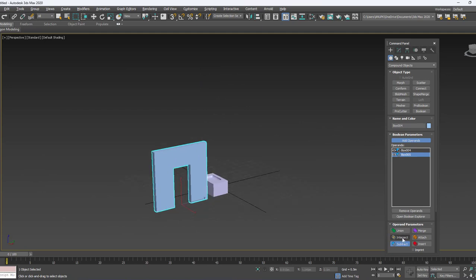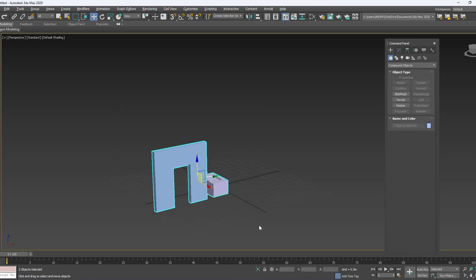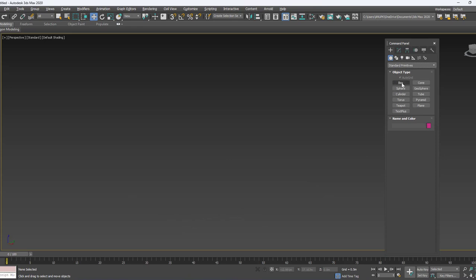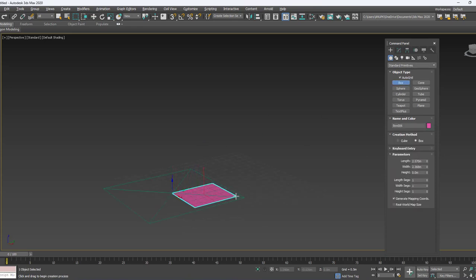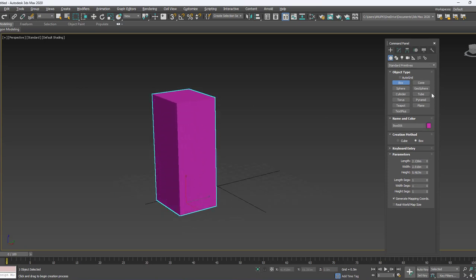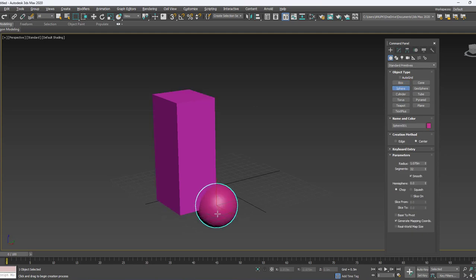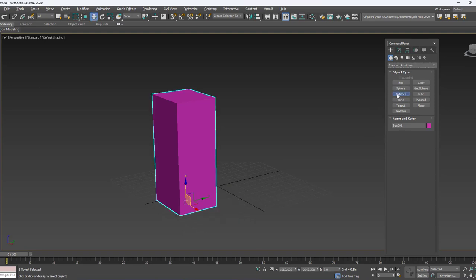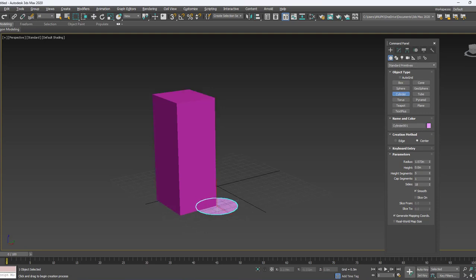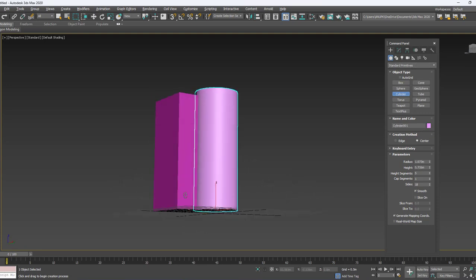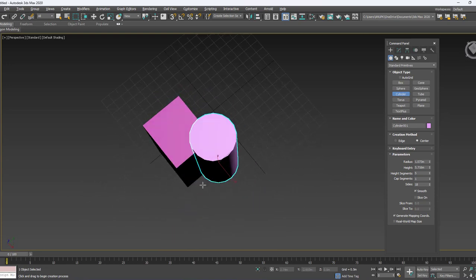Let's understand the intersect. For that I just draw two objects, but one object should intersect with the other. This is the first one, and I take another shape, sphere or cylinder you can take. You just do Ctrl Z. Cylinder. Intersect at a particular portion. Both the objects should intersect like this.